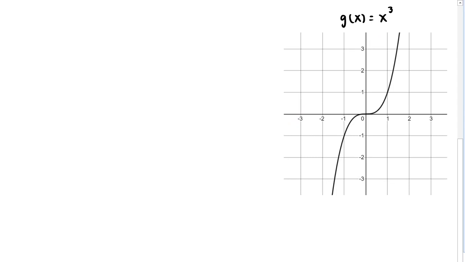Well, the idea is that if I look at a particular x value, maybe I'll look at this one here, so let's say this x value, and the resulting output. If I look at the negative of that x value, so here this will be negative x, and the corresponding resulting output, the idea is that we'll get the same result, but just the negative of one another. And so here, really what I mean is that g of x is an odd function,